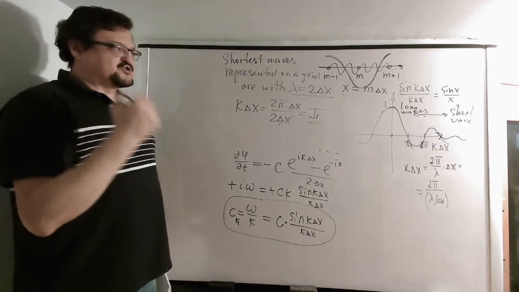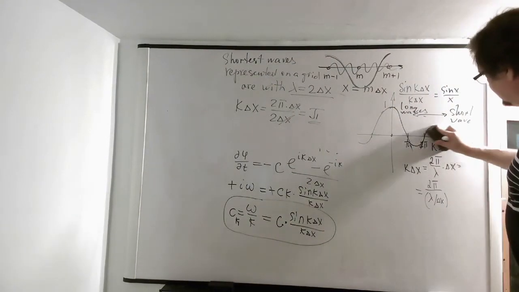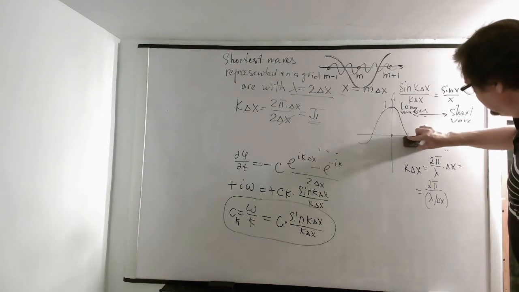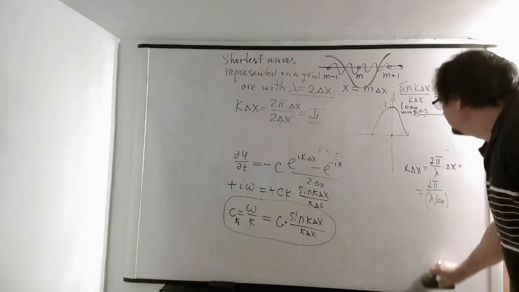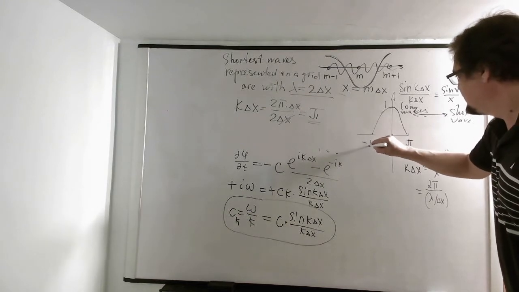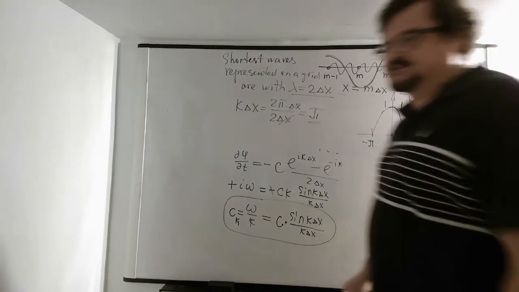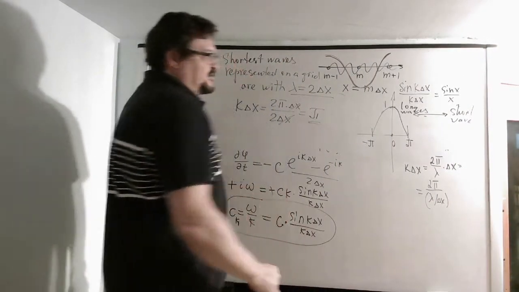So for shortest waves you have pi. Actually in reality, all this does not exist on the grid. All we have is plus minus pi. This is only the waves that can be represented on a grid. So you see that